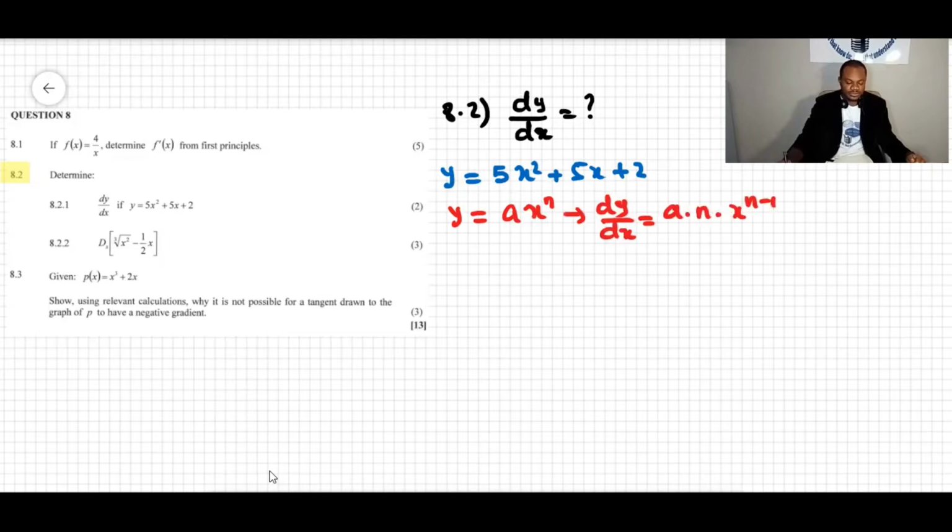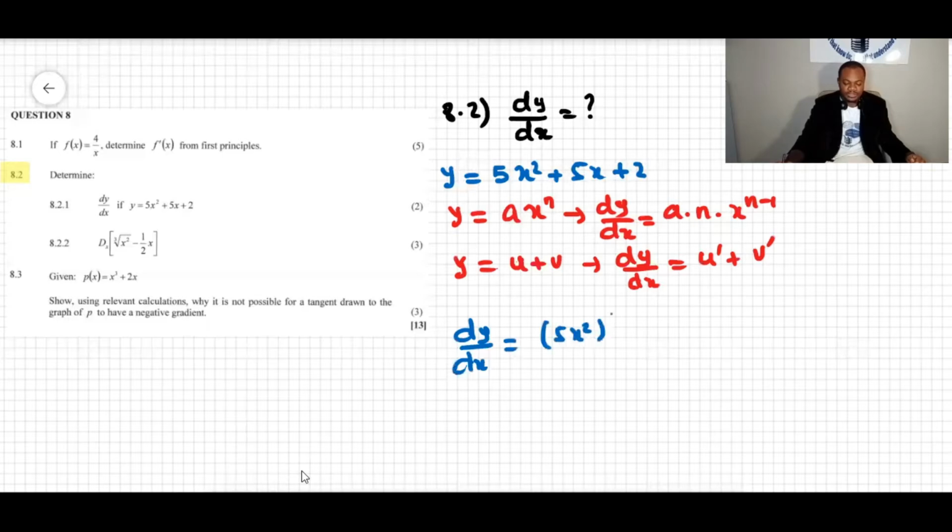Now, if y equals u plus v, assuming u and v are functions, dy dx is just u prime plus v prime. So in this situation, because y equals 5x squared plus 5x plus 2, dy dx will be